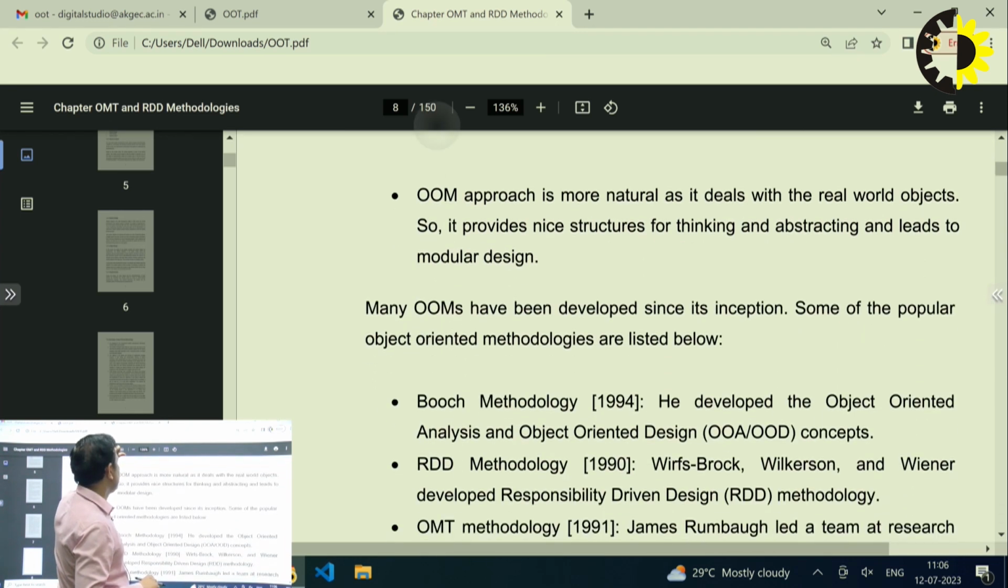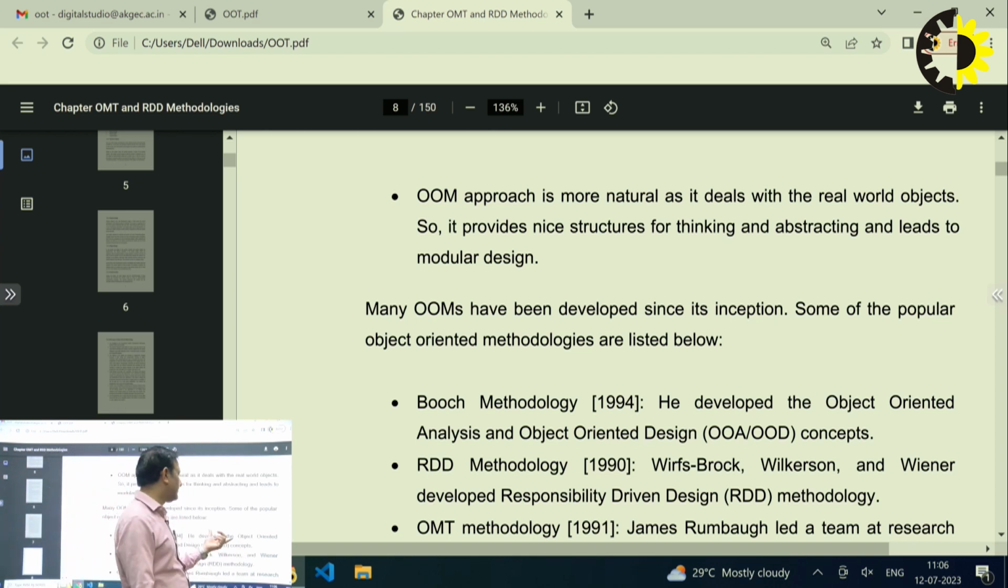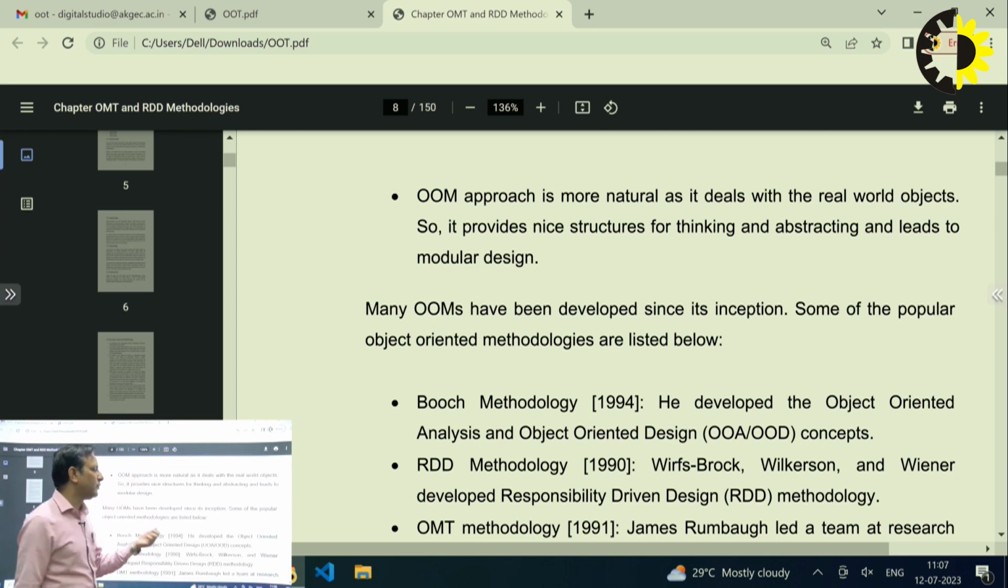Object-oriented methodology approach is more natural as it deals with real-world objects, so it provides a nice structure for thinking and abstracting and leads to modular design. Many object-oriented methodologies have been developed since its inception. Some of the popular methodologies are the Booch methodology, which was developed in 1994. He developed the object-oriented analysis and object-oriented design